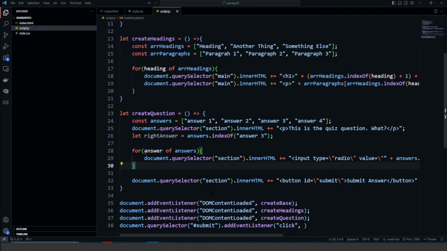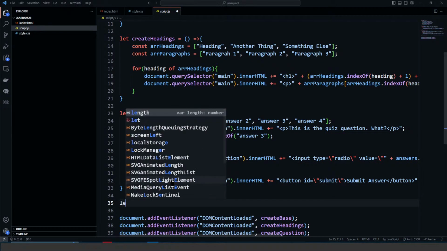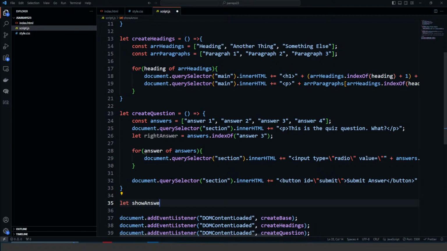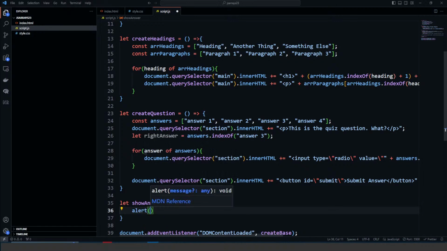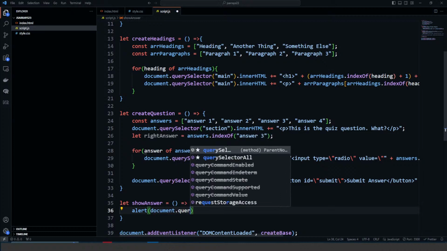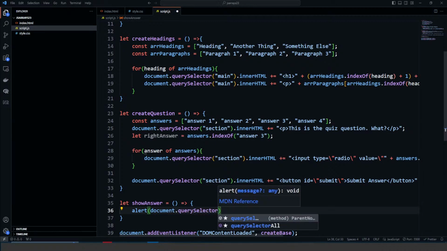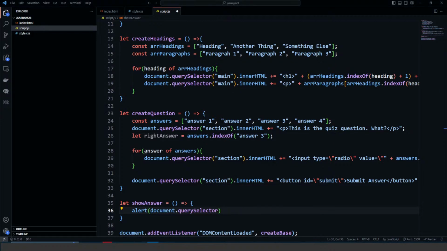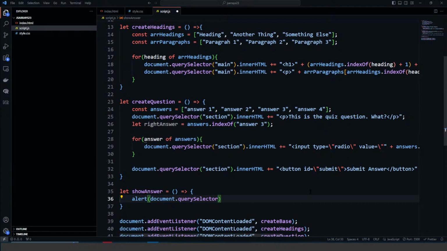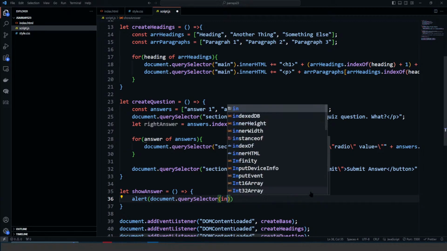All right, so let me think about just for a second how I want to handle this here. For the time being, let's just run this other function here, right? Let's run a let showAnswer function, arrow notation function, and we would just alert document.querySelector. Let's see here. We want to be able to select the checked radio button. So I need to querySelector input colon